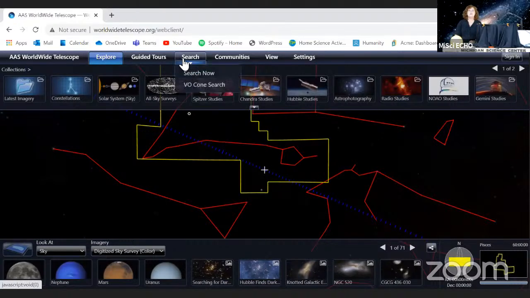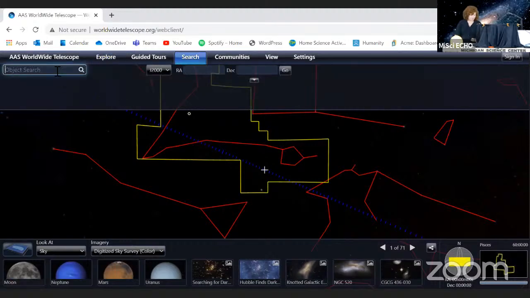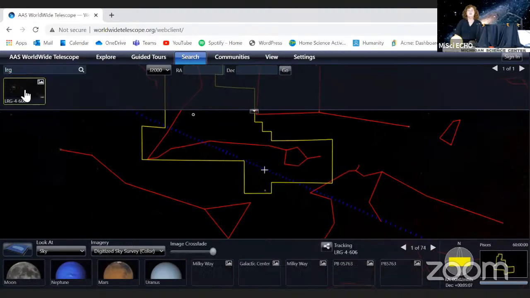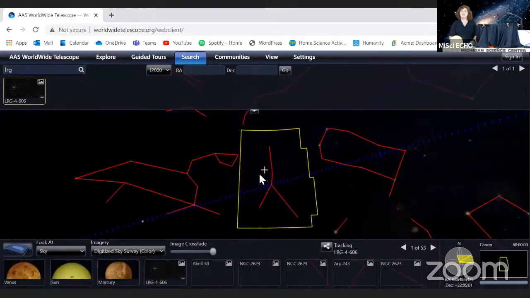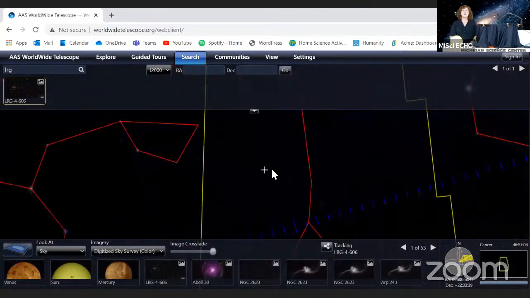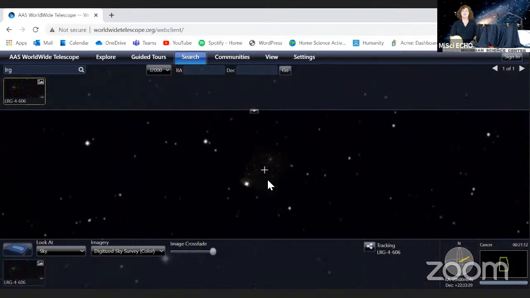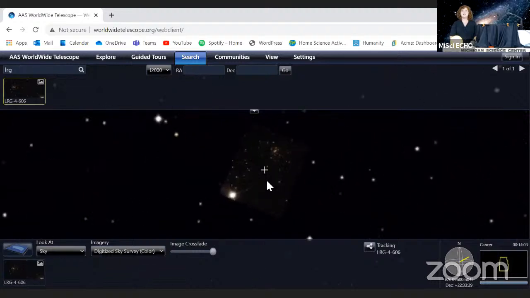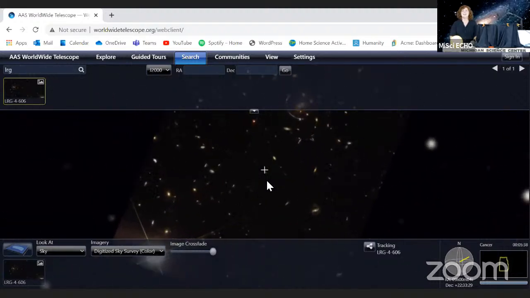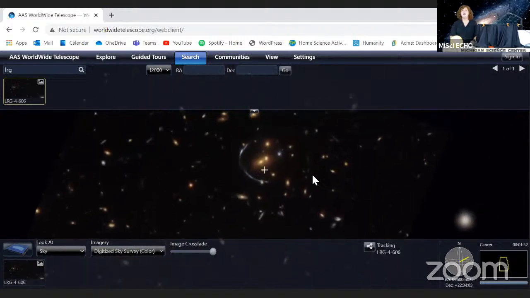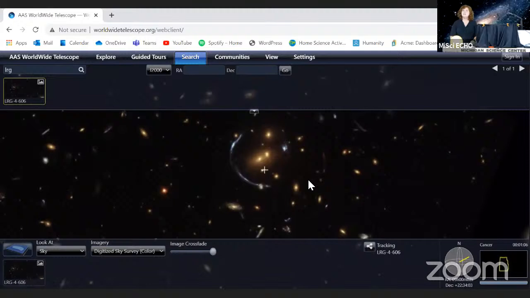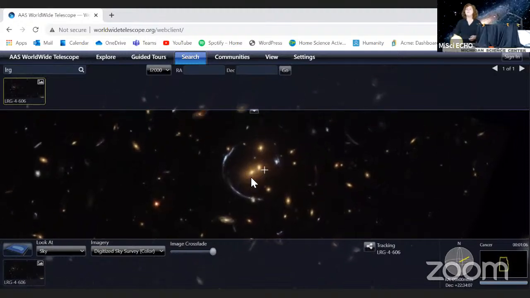So we're going to take a look at one of our first objects, and this one is LRG. So let's go ahead and take a look at this object and what it looks like close up. All right, so here we have LRG. There it is. So this is a fantastic example of where we can see gravitational lensing happening around a massive